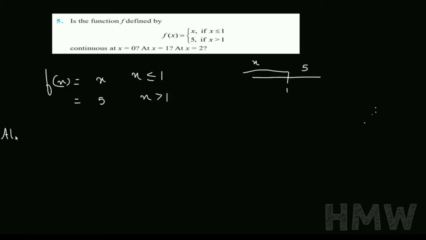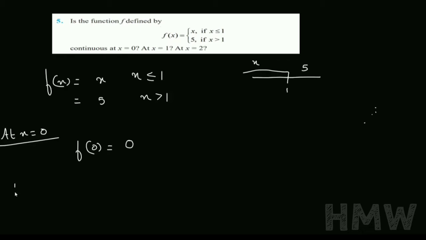So let us check at x is equal to 0. How do you check whether the function is continuous or not? First, you have to check if the function is defined at x is equal to 0. So what is f of 0? First we have to find f of 0. So f of 0 means it is an identity function. Less than 1, it is identity, isn't it? So it is 0. F of 0 gives you 0. F of x is x. So the function value is 0.